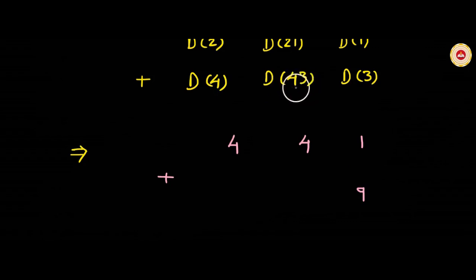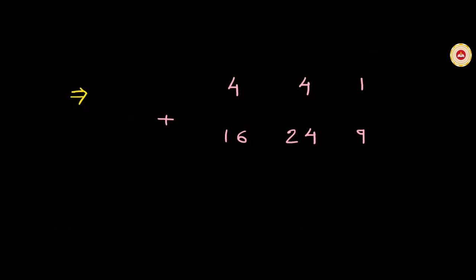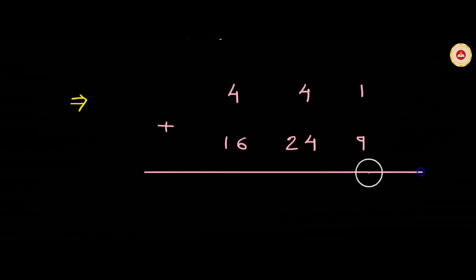Duplex of 43, two digits, 4 and 3. How to calculate duplex of two digits? 2 times the product of these two digits, means 2 multiplied by 4 multiplied by 3. 4 3s are 12, 12 2s are 24, right? 24. Now duplex of a single digit is the square of that digit, 4 squared is 16. So friends, let us add. 1 plus 9, 10, write 10 in first part below 1 and 9. Second part, 4 plus 24, 28. Write 28 in second part. Third part, 4 plus 16, that means 20.